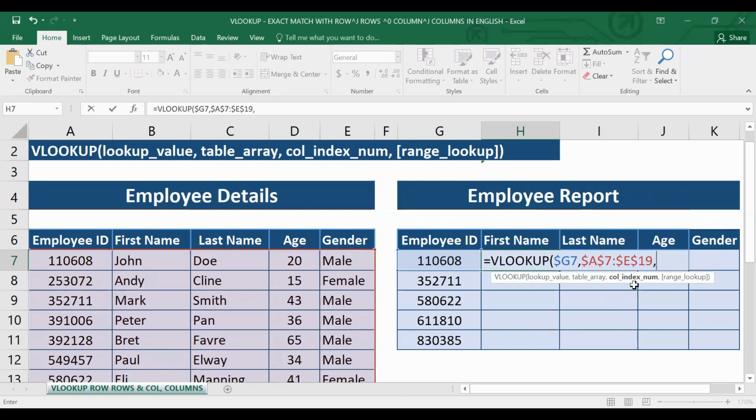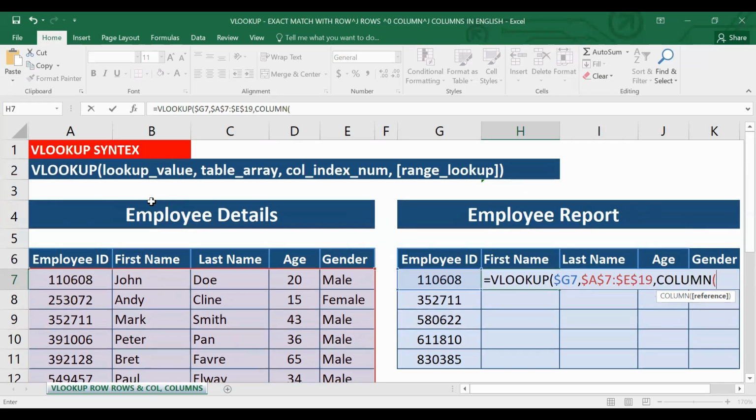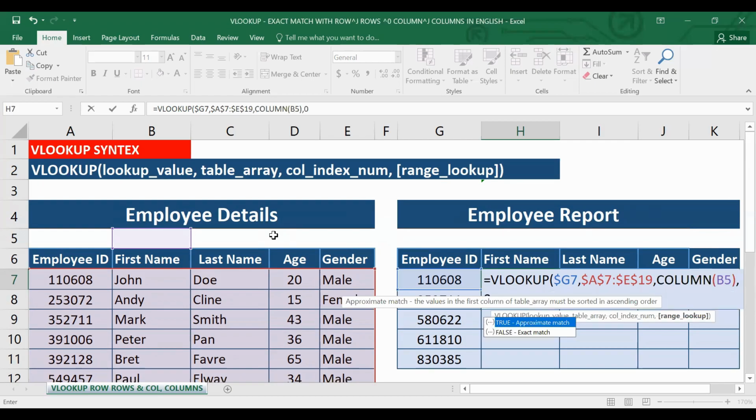Here my third argument should be the column index. I'm not giving a column index; I'm using a function called COLUMN. If I press the tab, I can open the bracket. They are asking for the reference. What is my column? It should be the second column. So from the second column anywhere, it could be B1, B5, B1000, doesn't matter. Just click there, close the bracket, comma. My final argument is approximate match or exact match. I need exact match, so I type FALSE or 0. If I close the bracket and enter there, yes, I can find